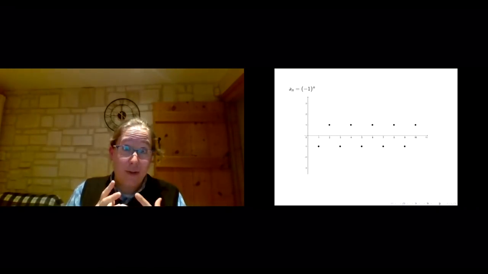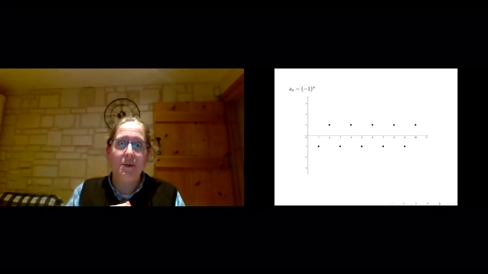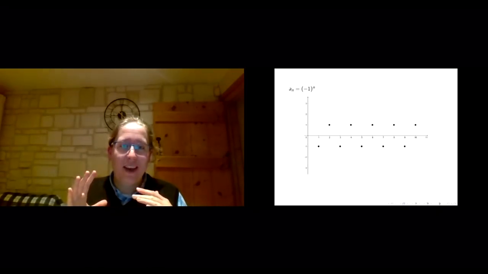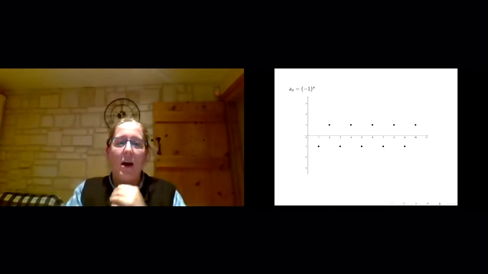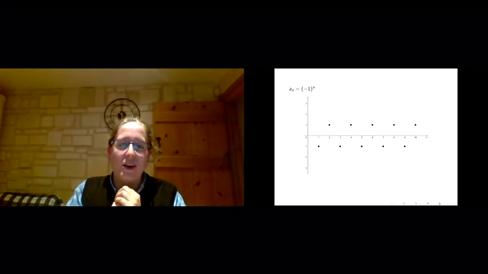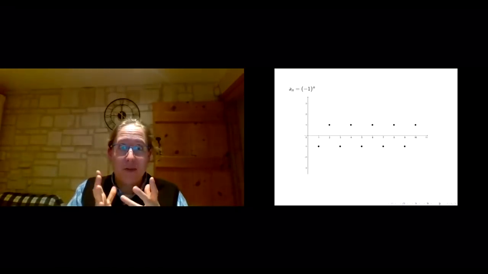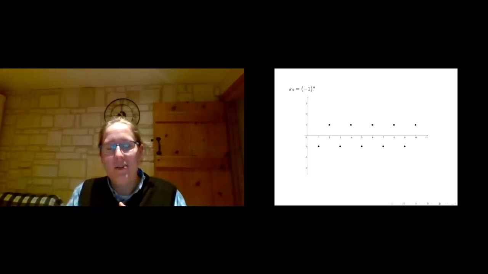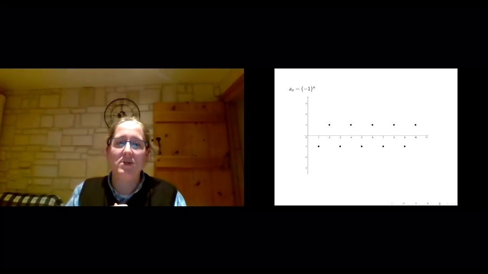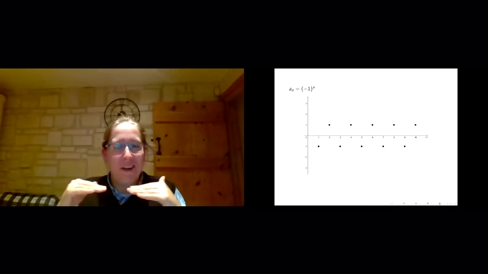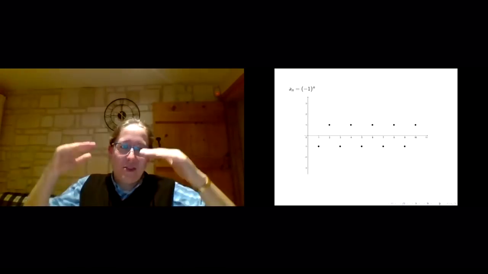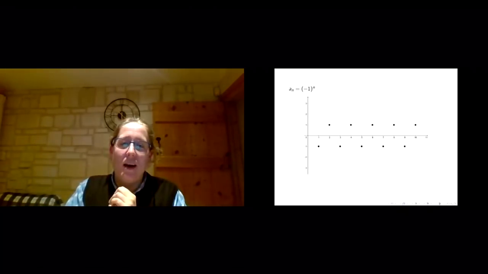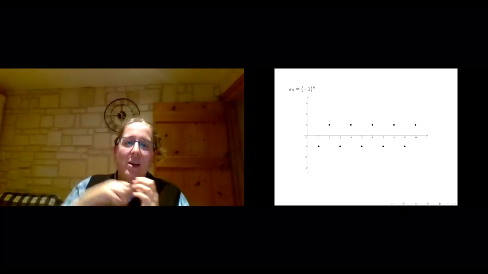So the sequence where the nth term is (-1)^n, I've plotted here, so I've got a horizontal axis that starts at 0 and goes on up, and then I've got positive and negative vertical y-axes showing. And then I've plotted 1, -1, 2, 1, 3, -1, 4, 1, and so on. So what we end up with is a row of dots at -1 and a row of dots at 1 vertically. And we can see that the sequence is oscillating.